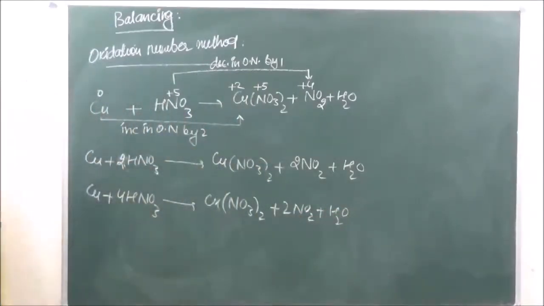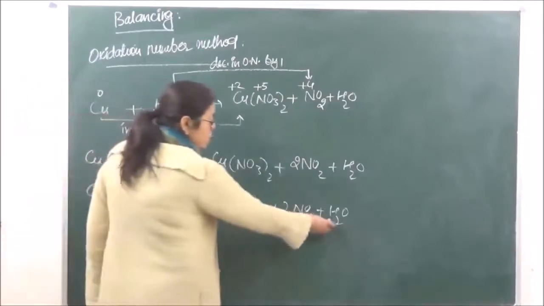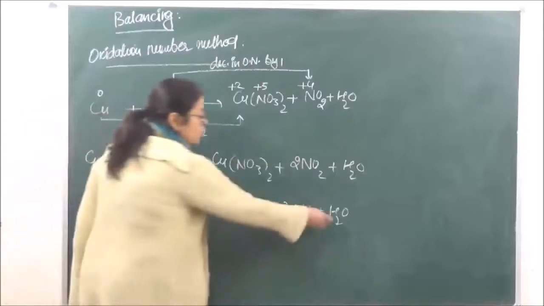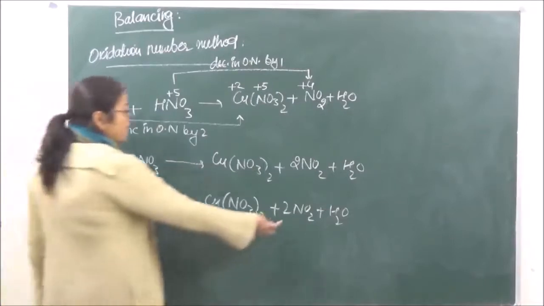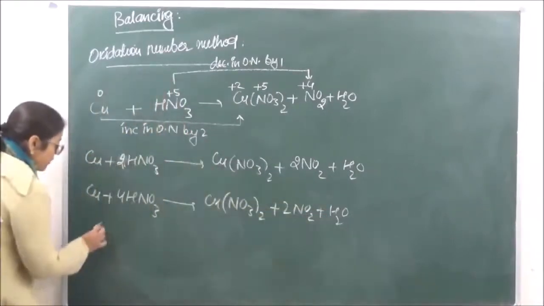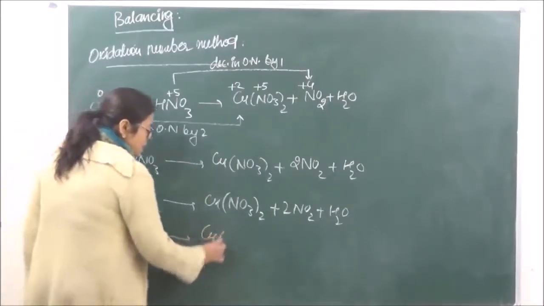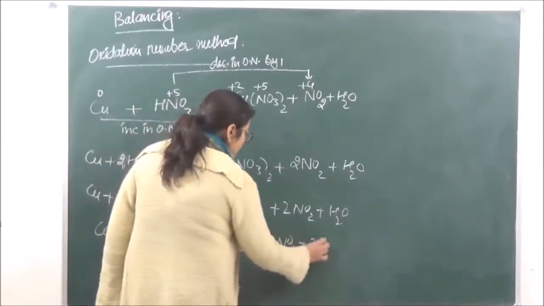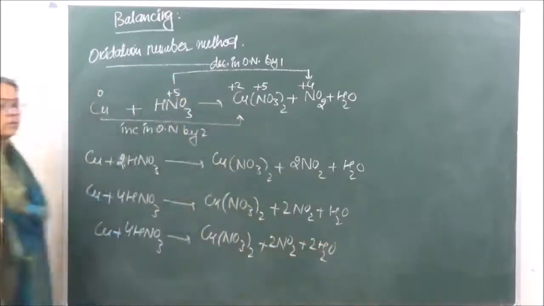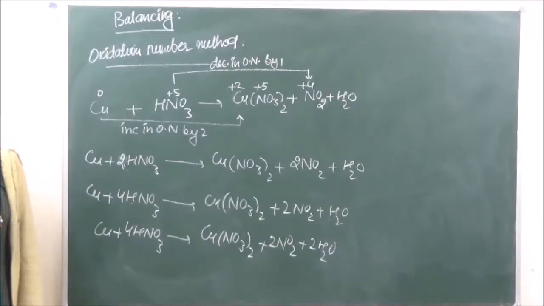Okay. Now finally you are going to balance the water molecules, or balance the number of hydrogens. There are 4 hydrogens on this side and only 1 water molecule, or you can say there are 2 hydrogens on the other side. So in order to balance the hydrogens, we add another water molecule on the other side. So what will we have now? Cu plus 4HNO3 to give us Cu(NO3)2 plus 2NO2 plus 2H2O. So this is the balanced equation. Okay? So this is an easy method to do it.